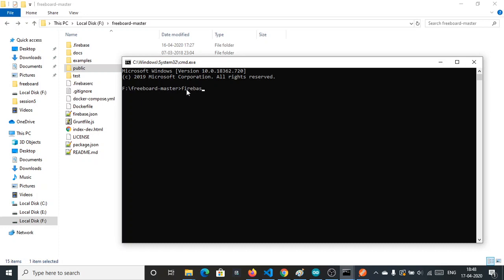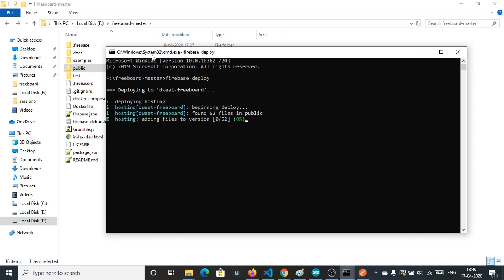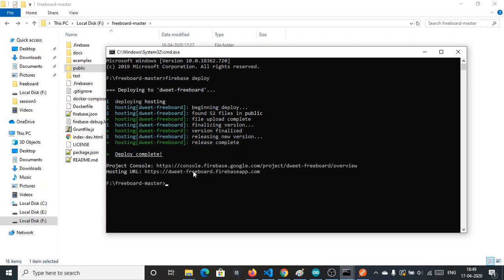But we have already initialized Firebase, as we already have the Firebase files here, .firebaserc and .gitignore. So all we need to do here is firebase deploy. It will deploy in the same project, the same URL.